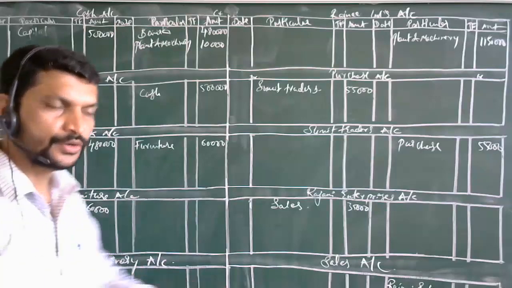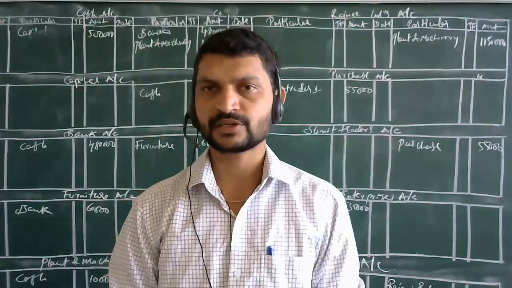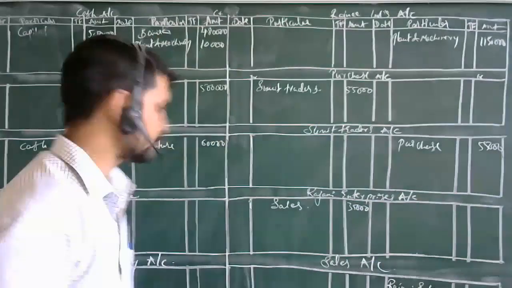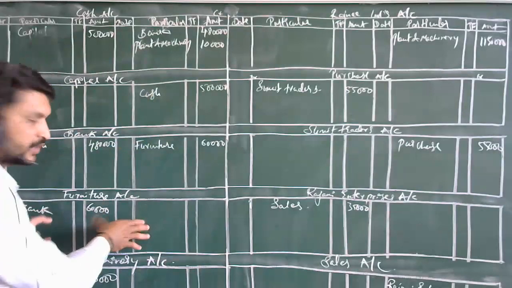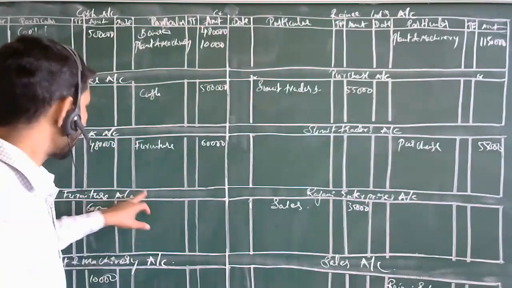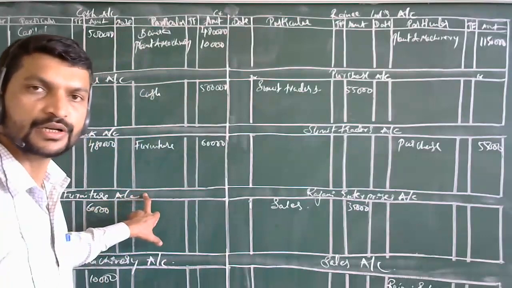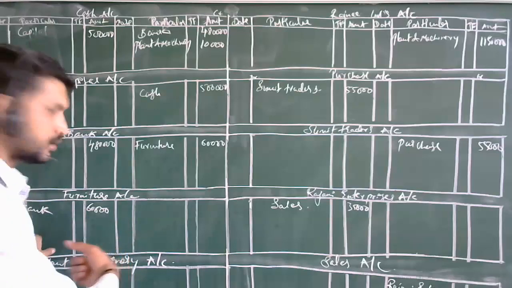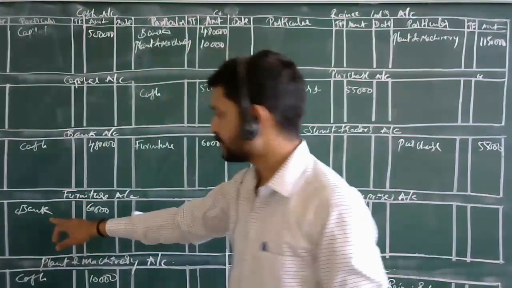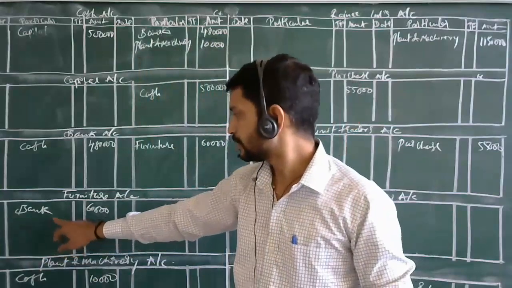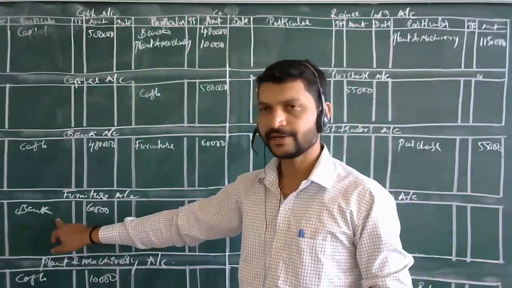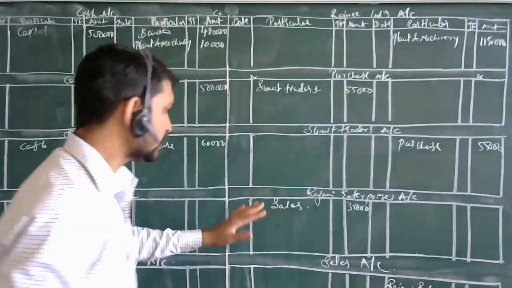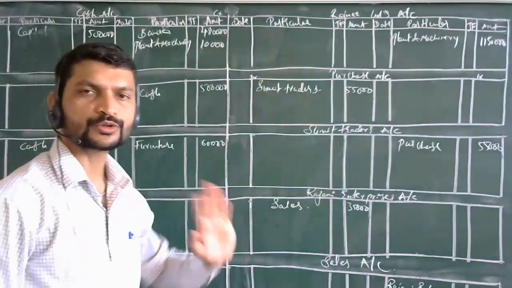So in this way you need to understand each and every transaction: which account is debited, which account is credited. Just the names will be alternative. Just like you have purchased the furniture, your furniture account was debited in the journal entry. So on the debit side you are mentioning the account here. Can you all see this? Yes. The bank account is credited over here. So these things you need to know. If you understand this concept, it is very easy to post all the journal entries.